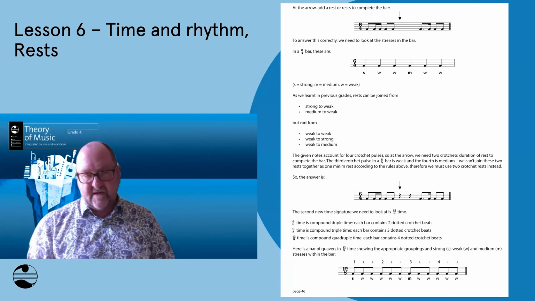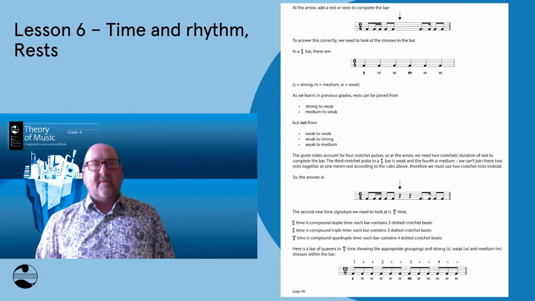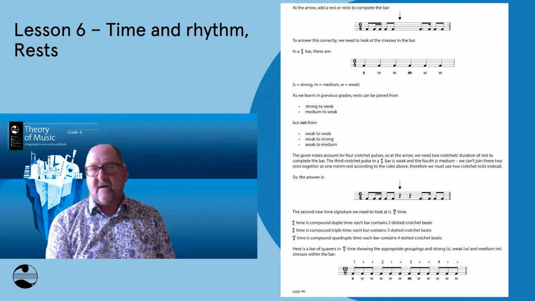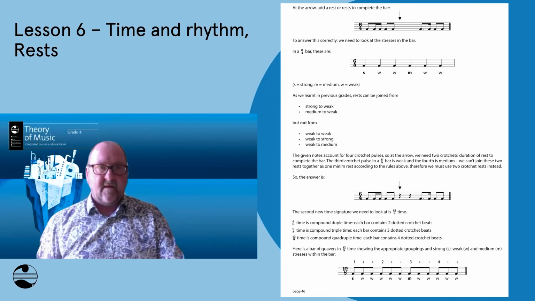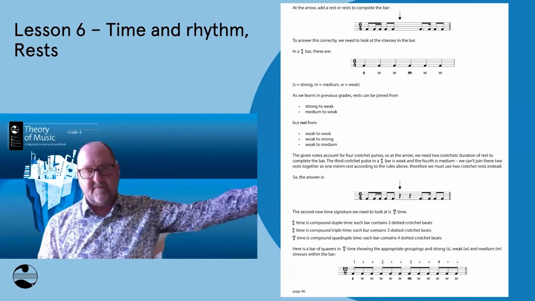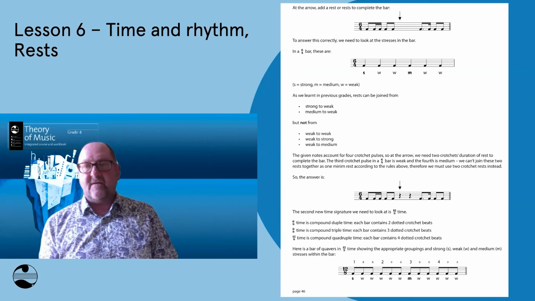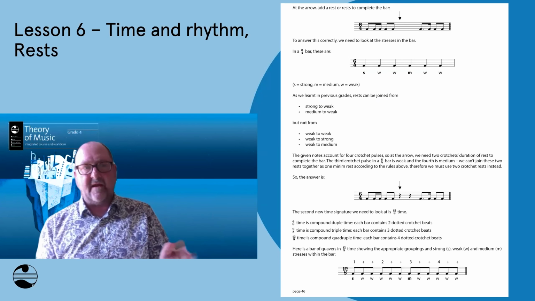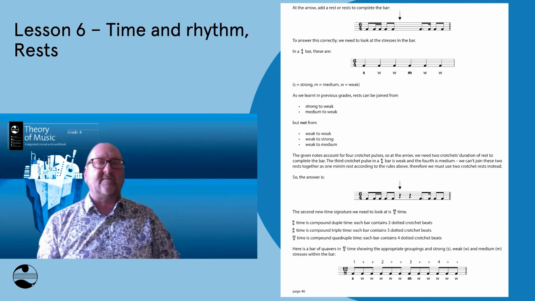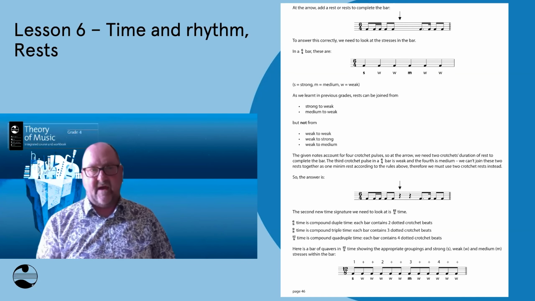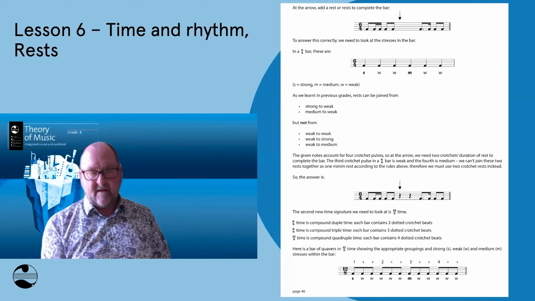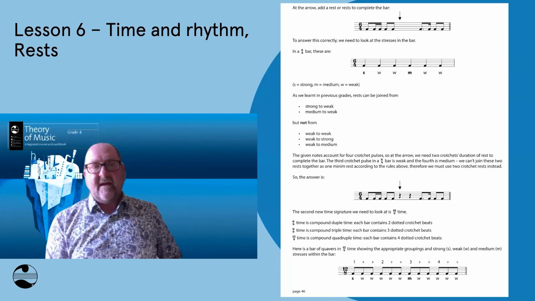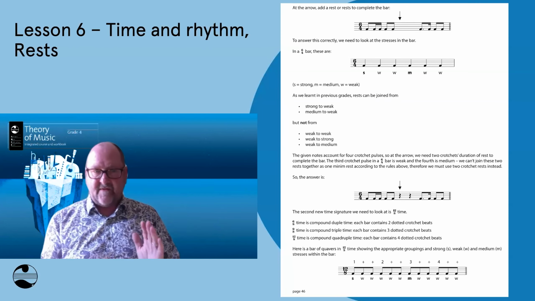So if you have a look at the example I've put in at the top of the page, it's 6/4 time. Obviously, we need 2 crotchets worth of rests in there, but according to this little system of joining rests together that we've developed from the last couple of grades, you can join rests together when it goes strong to weak or medium to weak, but weak to weak, weak to strong, or weak to medium, you can't join those together. You have to separate them out. So the correct answer is, as you'll see down past the middle of the page, 2 crotchet rests. If we had a minim rest in there, the bar would look more like 3/2 time.